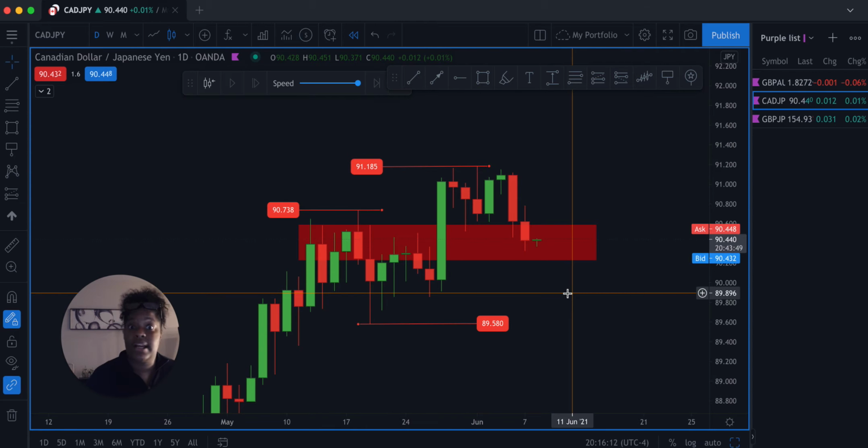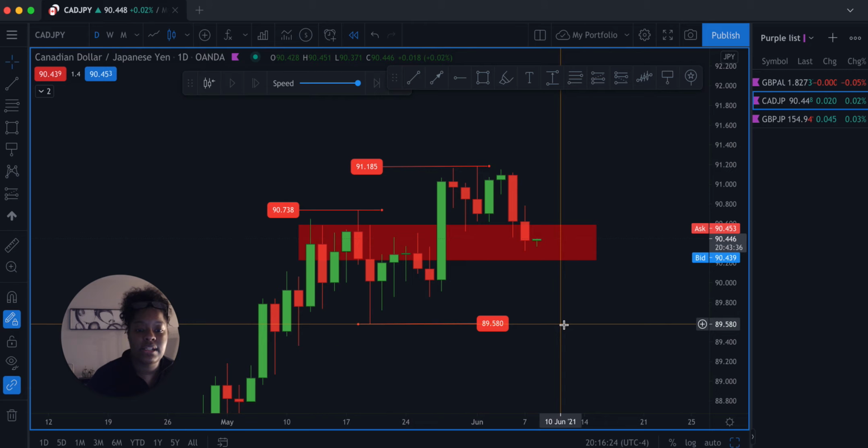Yet again, price is here at my estimation zone. I've had this scattered out for quite some time now. Now this is more of a tighter range here, and it has a little bit more wiggle room to work with. And the reason why I say that is because the distance from $89.58